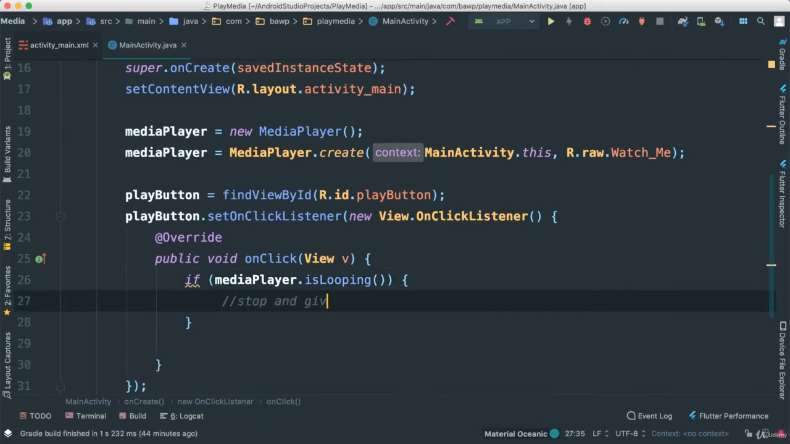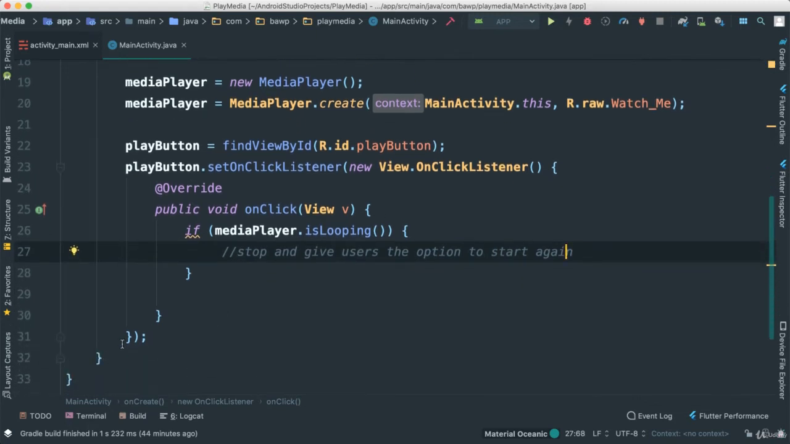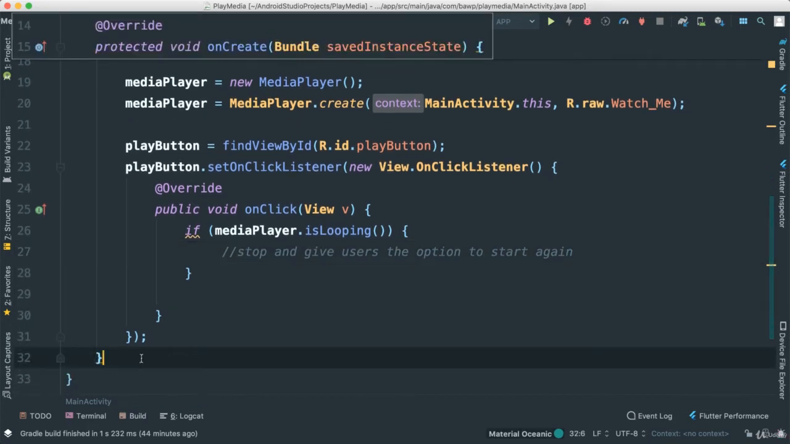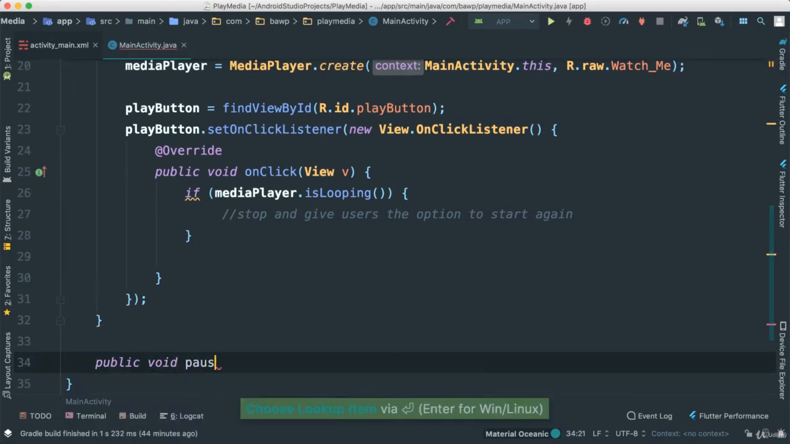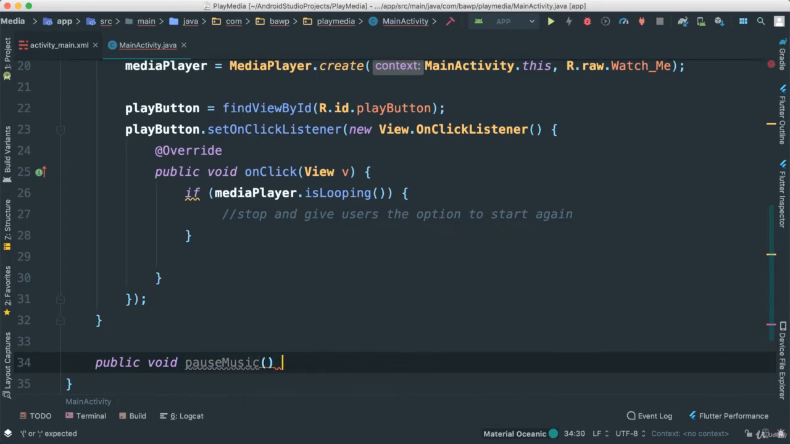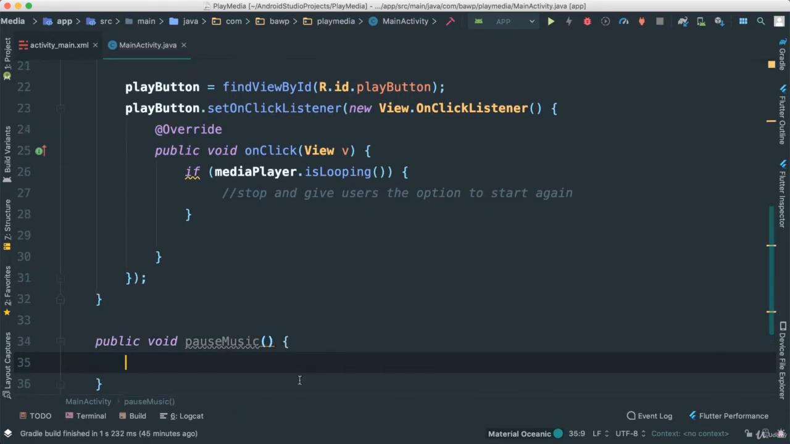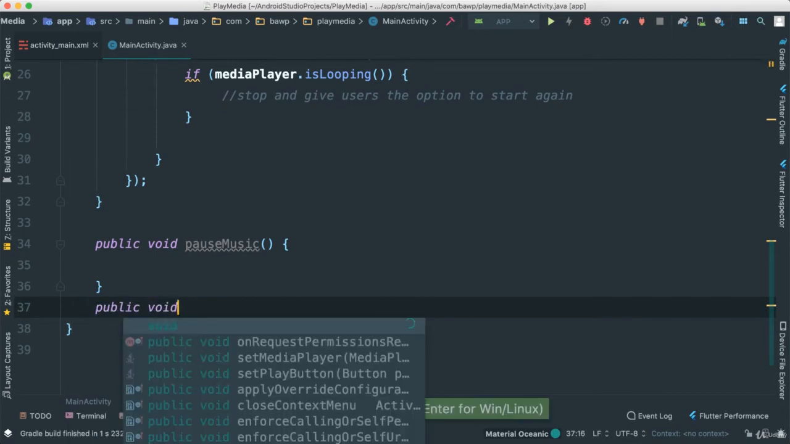That makes sense. Users get the option to start again. Okay. Now, what we're going to do, actually, I'm going to add another method inside of our class main here. It's going to be public void pauseMusic. All right, you'll see what we're going to do here. And I'm going to create another one here. Public void